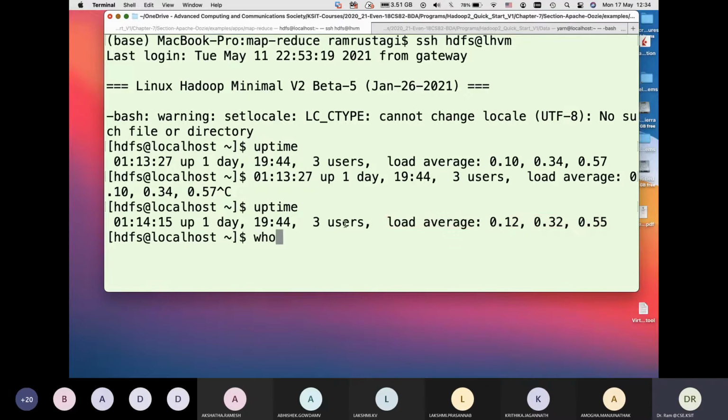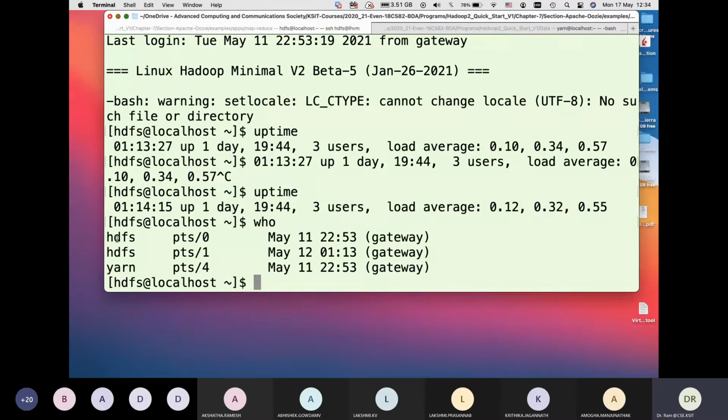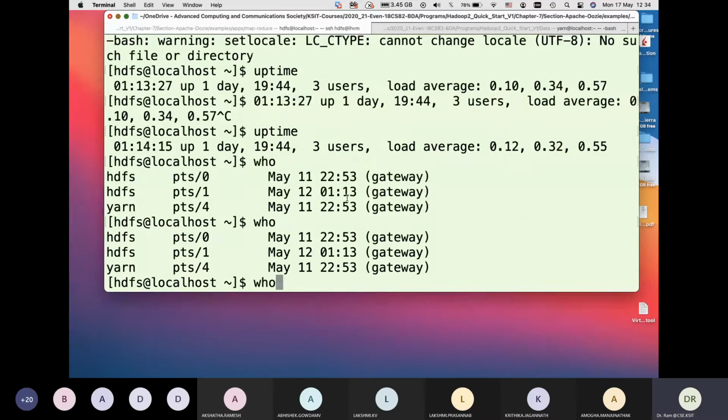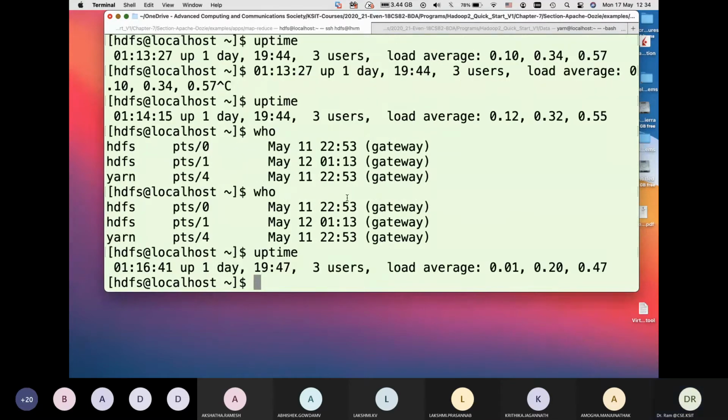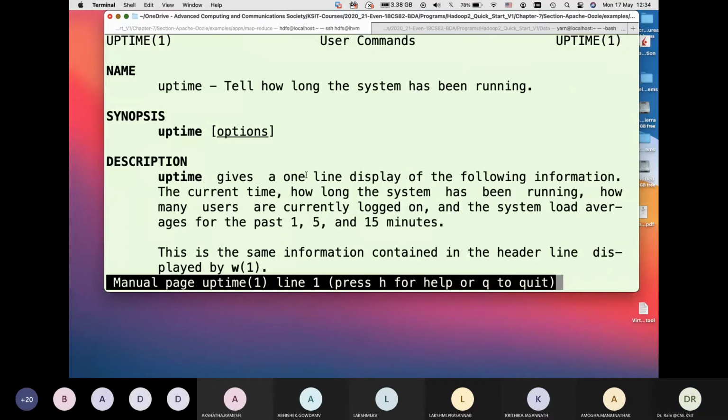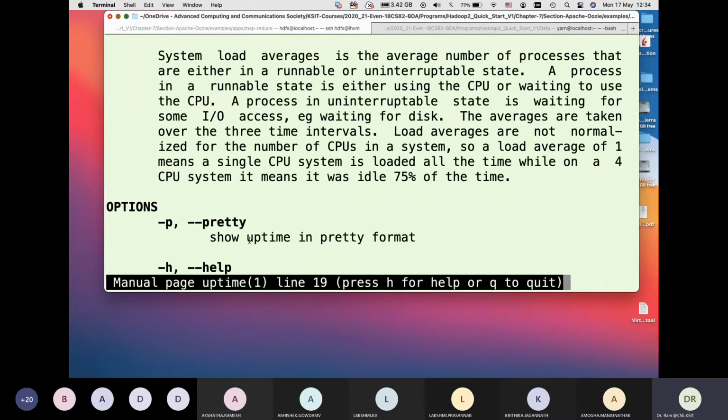We look at 3 users. If I run who, you'll see 2 users are HDFS and 1 user is yarn. They were logged in. So uptime basically gives me that information. Uptime has other options to look at, like pretty output.